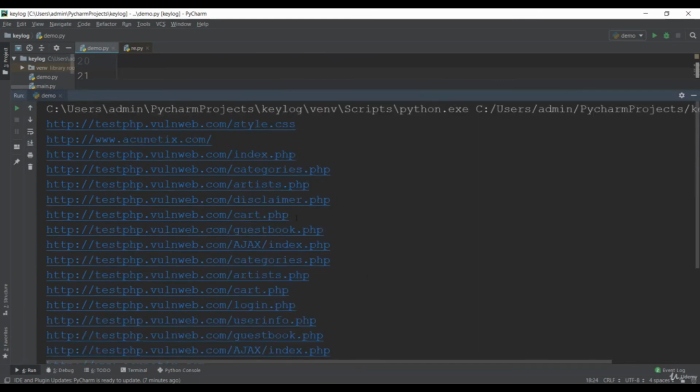In the upcoming lecture we'll see about JavaScript and how we can use JavaScript to attack these types of applications, web applications and websites. So see you in